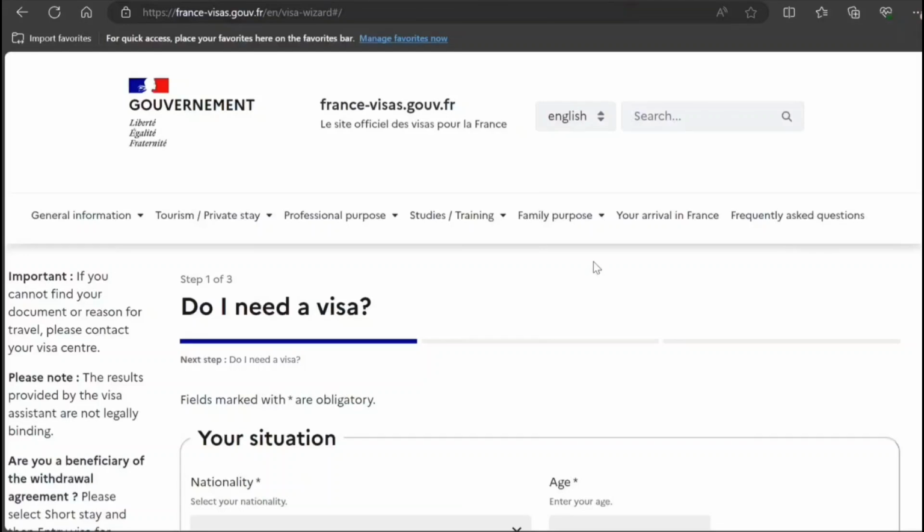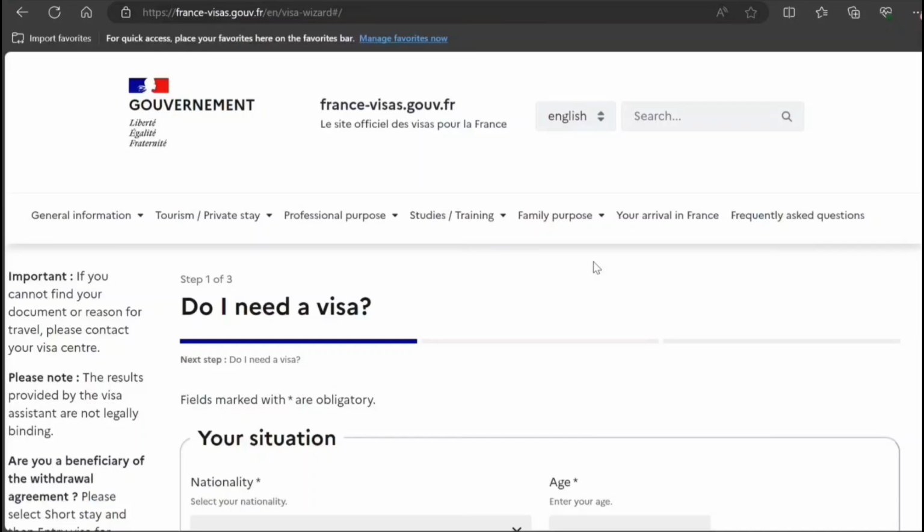The overseas French territory of Reunion is not considered part of the Schengen region. So that's why your Schengen visa does not automatically enable you to travel there. But again, there are exemptions and other things when it comes to travel. So in order to see if you really need a visa, the best way is to check through the